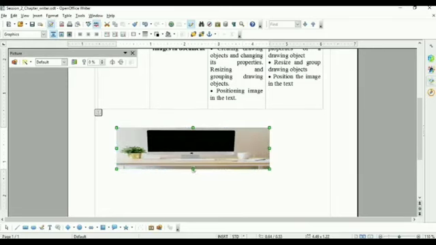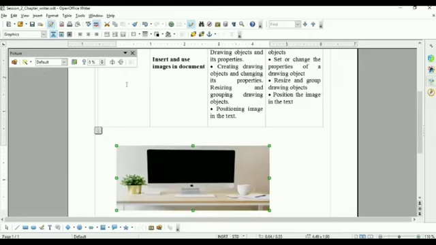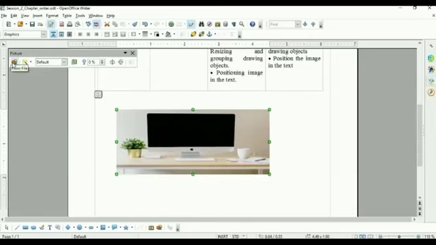Next topic is modify. Modify you have to do with the help of this picture toolbar. In the picture toolbar, there are many options. You can do it with the help of these. See here. What is this? From file. From file means if you want to change this picture with another one, you will use this option, from file.